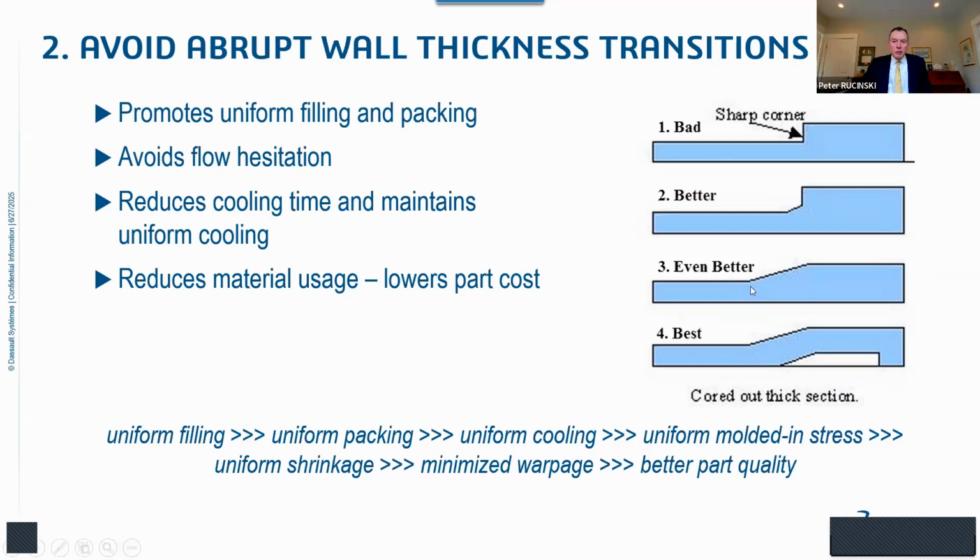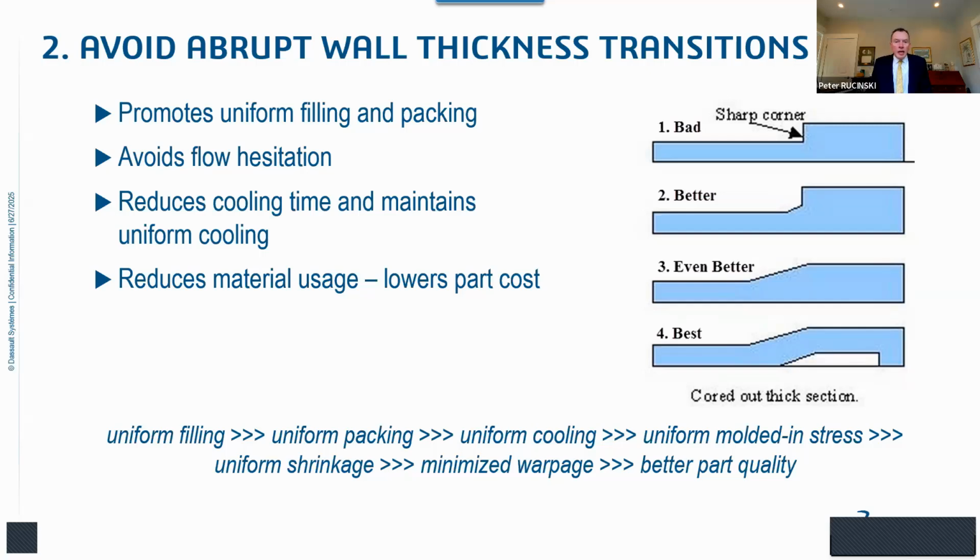If we move down the graphic here, the number two, that's a little bit better. We've chamfered the sharp corner. Still not a great solution. Number three, a little bit better. We've made the transition from thin to thick a little more gradual. But the fourth iteration here is really the best. What you want to do is core out your thick section so that now you just have a nominal wall thickness